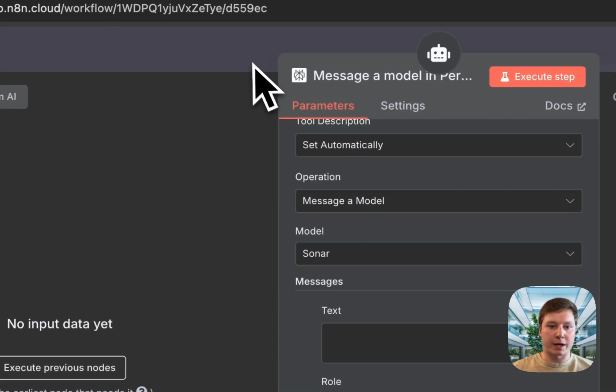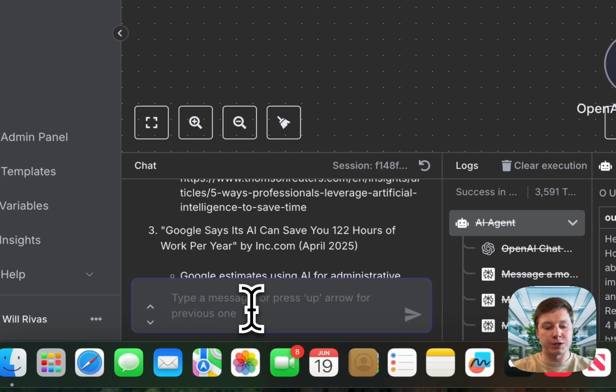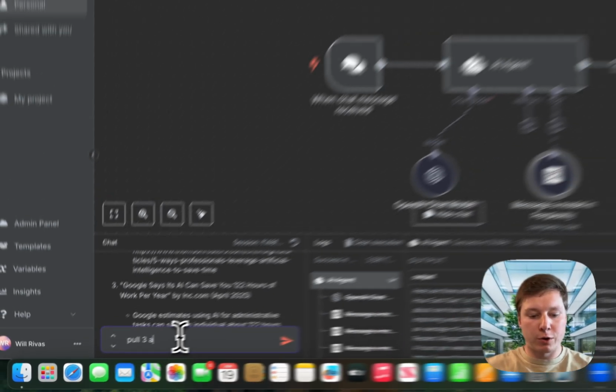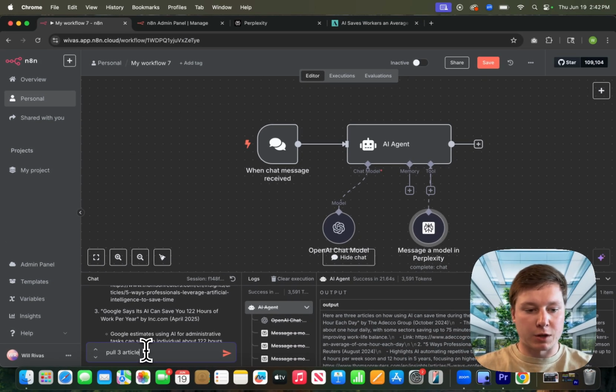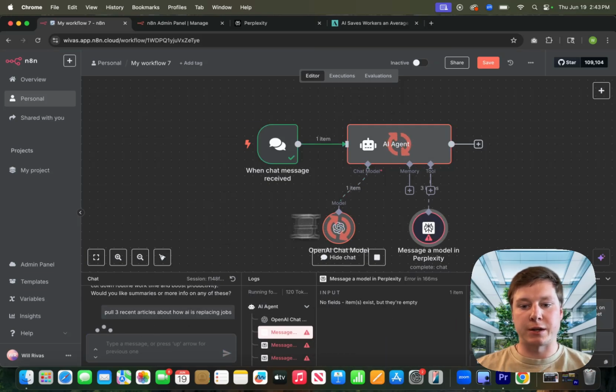And so we're going to go back out before we do anything for text, and we're going to go ahead and try to run this node. So we're going to say pull 3 recent articles about how AI is replacing jobs. And it's going to go ahead and try to run, and you'll see in a second we get this error